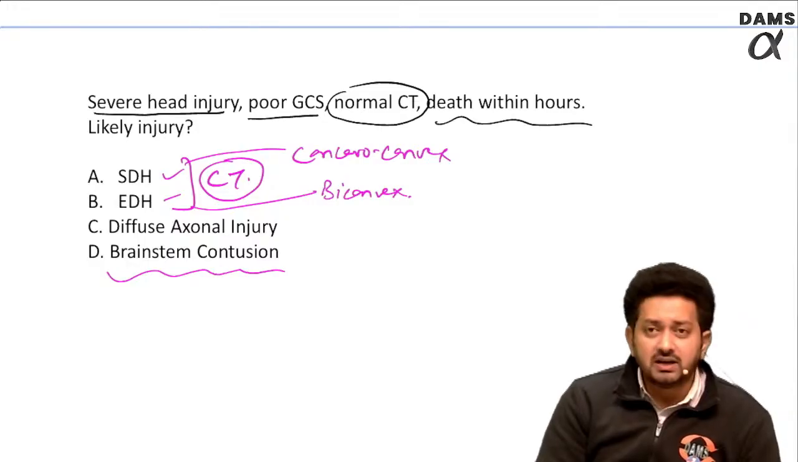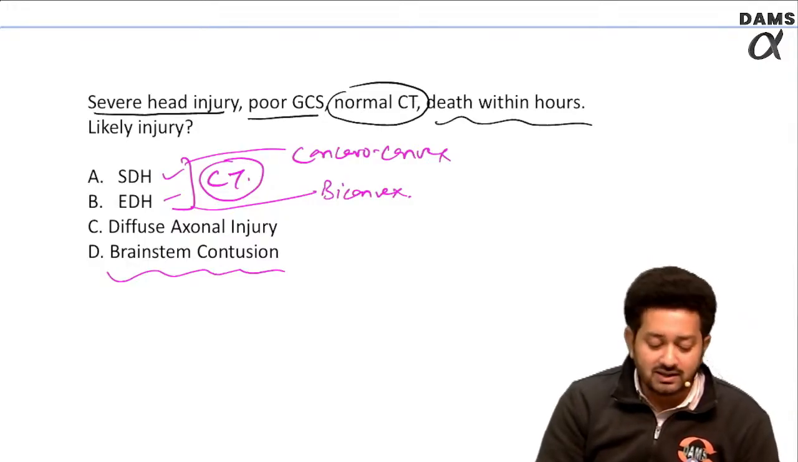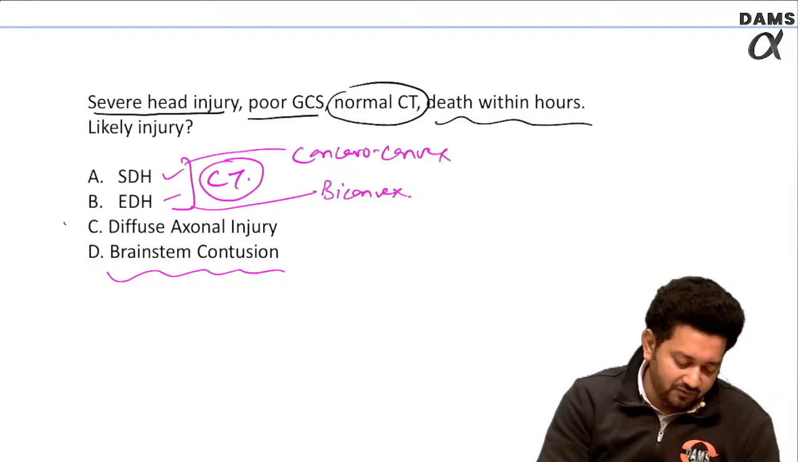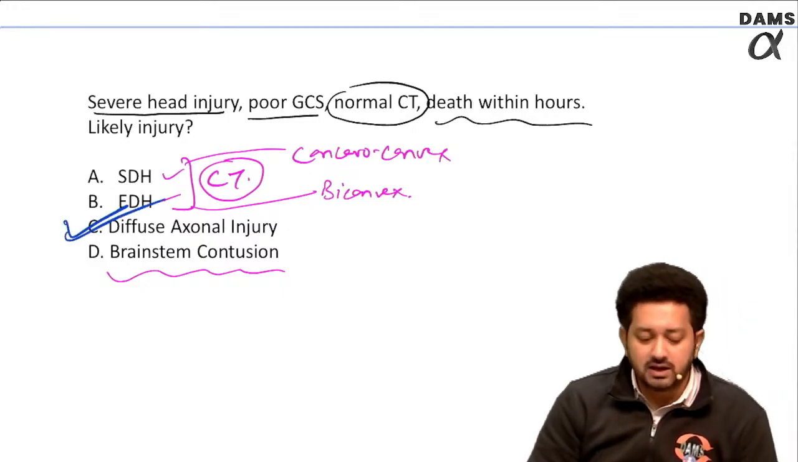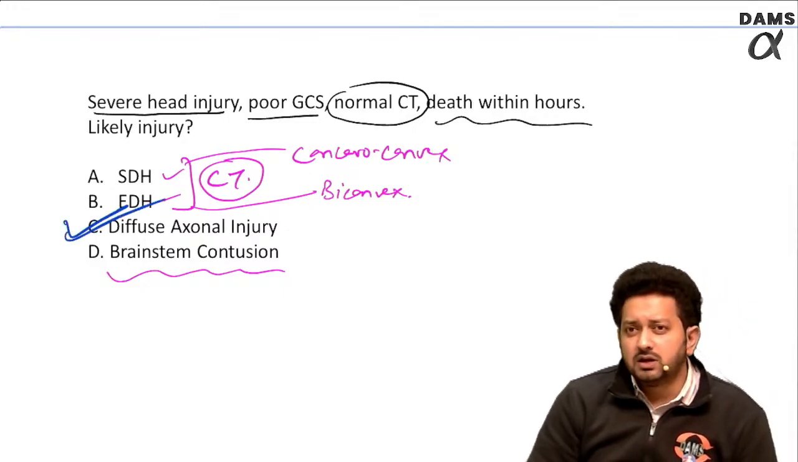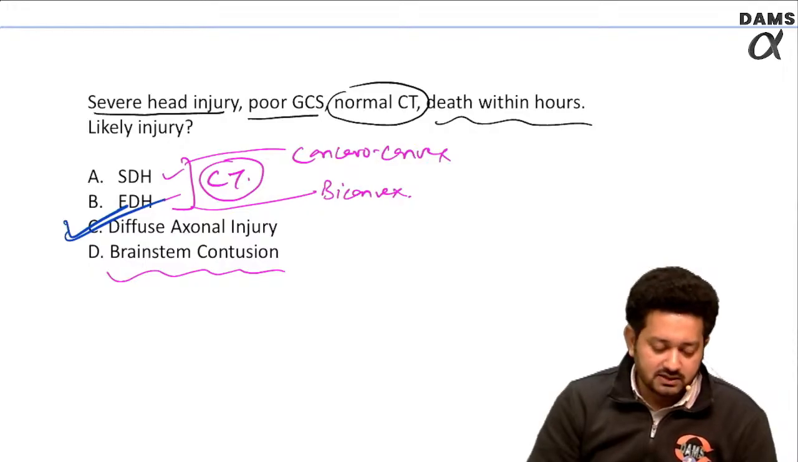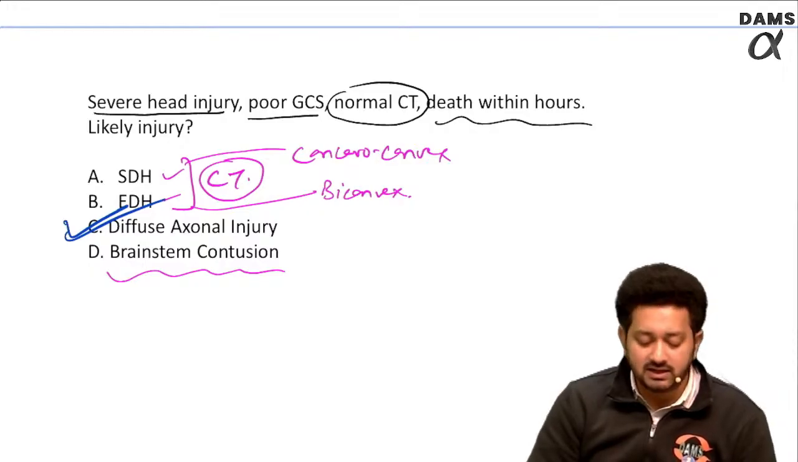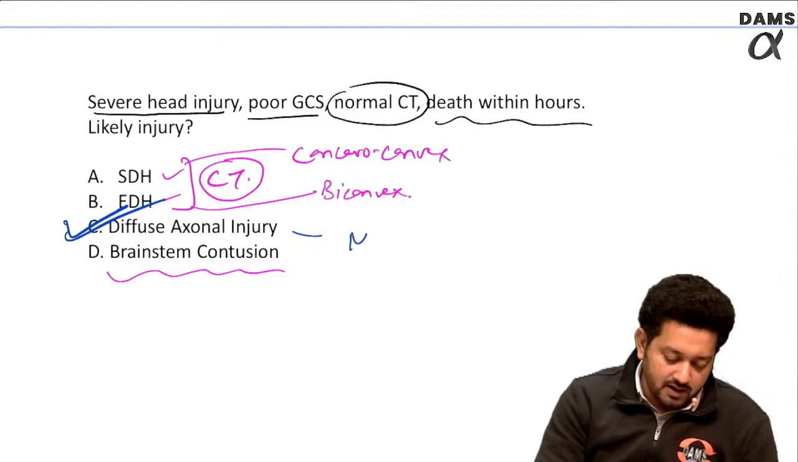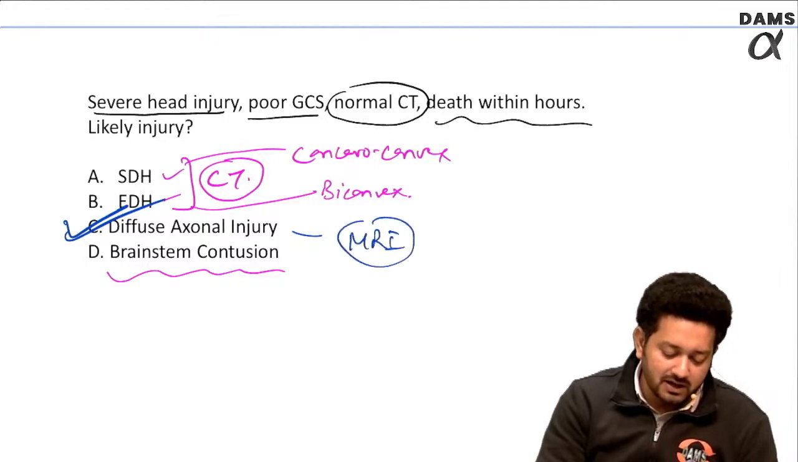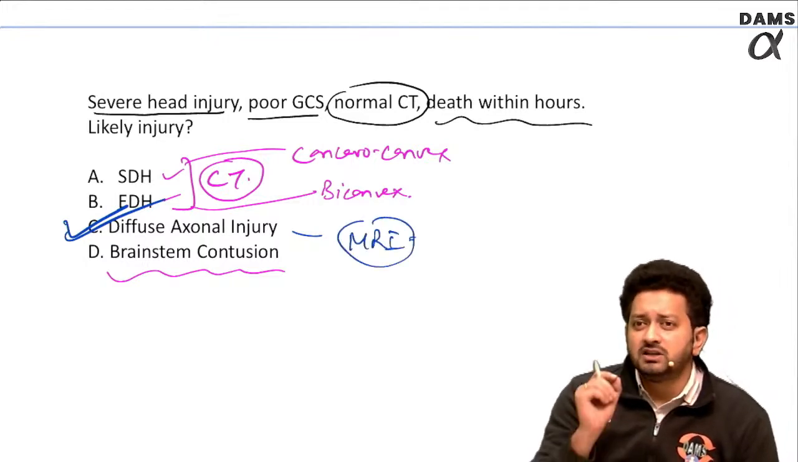Brainstem contusion. Contusion generally is not that severe an injury, but yes, diffuse axonal injury is fitting in the picture. Diffuse axonal injury can be the answer, because in diffuse axonal injury the CT is normal. For this, MRI is the investigation of choice. CT might appear normal, MRI will give small punctate